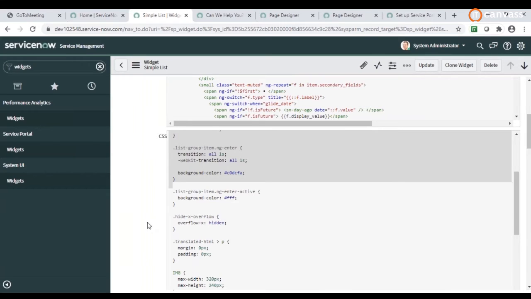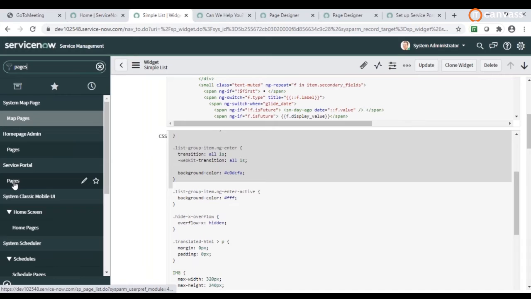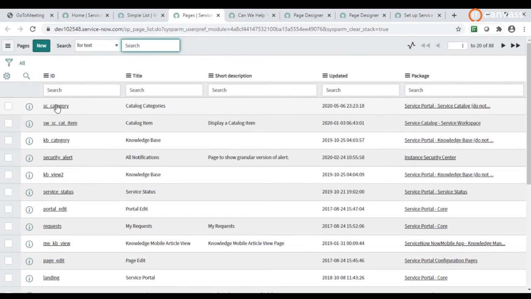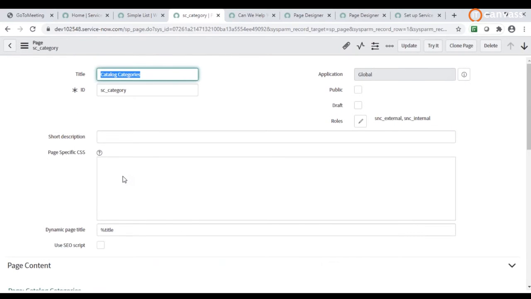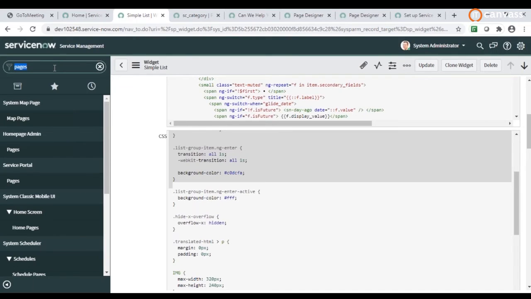And if there are so many contents and you want to apply CSS at page level, then you can define your CSS on the page. If I open this page, page specific CSS you can also apply. So we can apply CSS in all ways: widget level, page level, and if I open the portal,